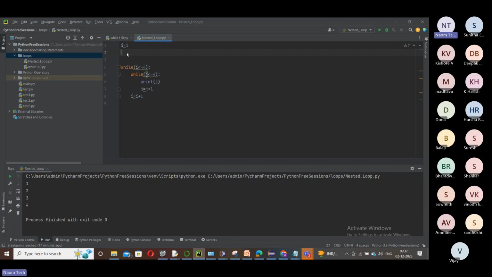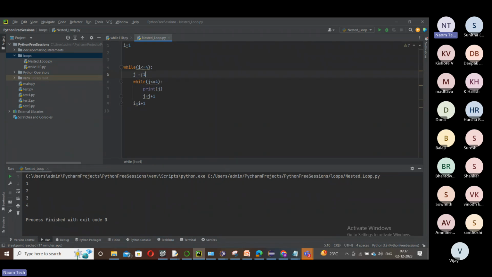So remove this here and bring it into the outer loop, because once the inner loop has executed one time completely, j becomes 4. Once j becomes 4, i increments, and then it checks whether i, which is 2, is less than or equal to 4, which is true. It comes here.